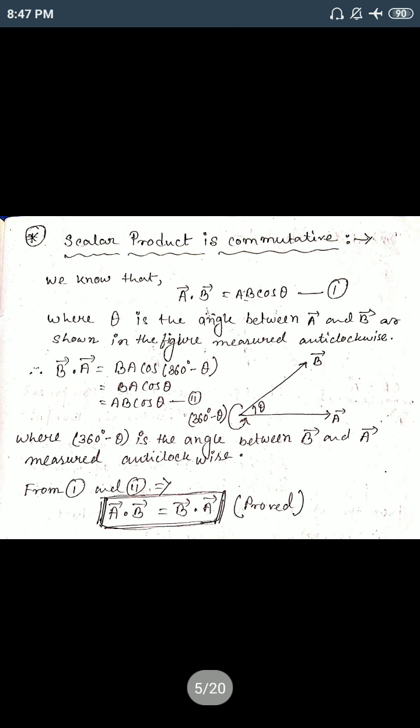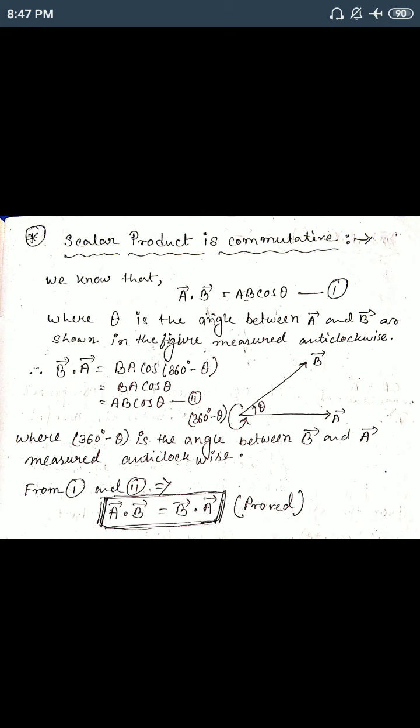This is a proof of the commutative property. a dot b equals ab cos theta, so we move a to b, and that is theta. Now if we move b to a in the anti-clockwise direction, whatever direction we choose at first, the same direction, so b to a, the whole total angle will be 360 degrees. So this will be theta when we move a to b, a dot b equals ab cos theta.